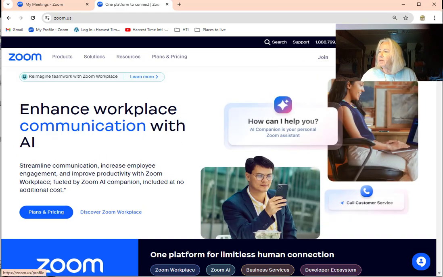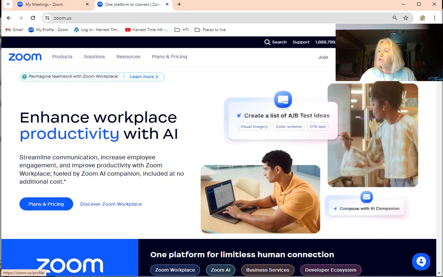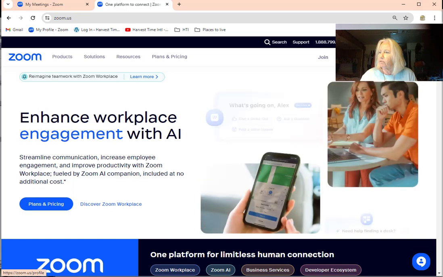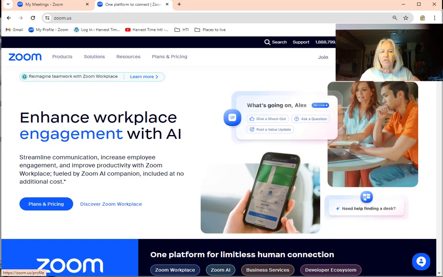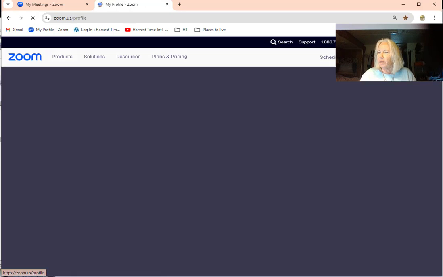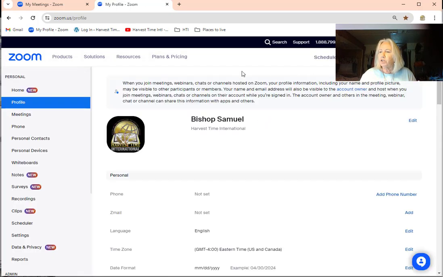And then this is where, instead of it saying my account, because I'm in the Harvest Time International account, it usually says sign in here, and this is where you would put the sign in information. But just to make things a little easier, I'm going to go ahead and click my account, and you'll see that it shows up, and it shows we're in Bishop Samuel's account for Harvest Time International. And you'll see that over here, basically it just shows us the information, the profile. If you have the hosting credentials,